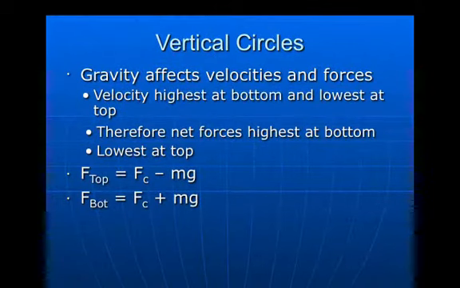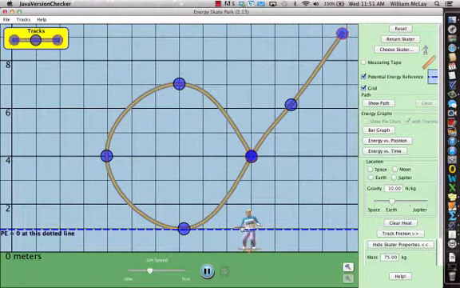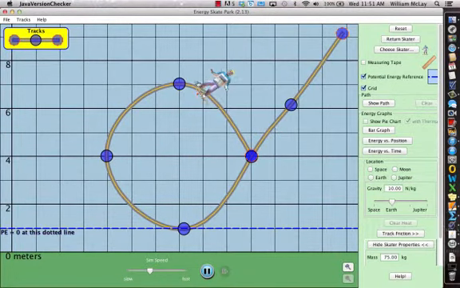There's one other thing that occurs within a vertical circle that doesn't occur in a horizontal circle. I want to look at a little simulation to show you what I'm talking about. Here I've got a skateboarder and a vertical loop that's set up. Now, if I was to start my skateboarder on a ramp into the loop that was equivalent to this point right here, at about 7 meters, which is the top of the loop, if we let him go, he goes down into the loop,